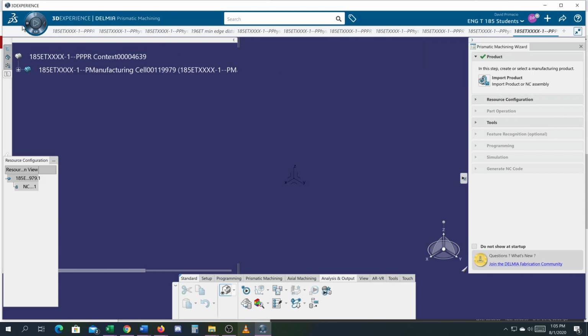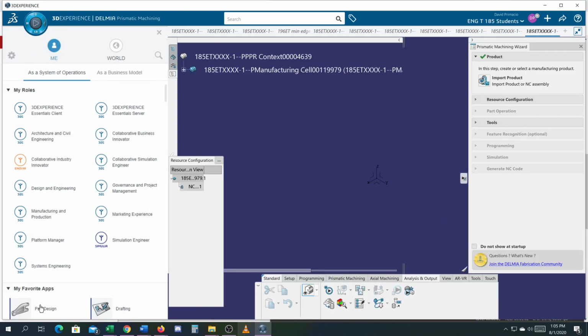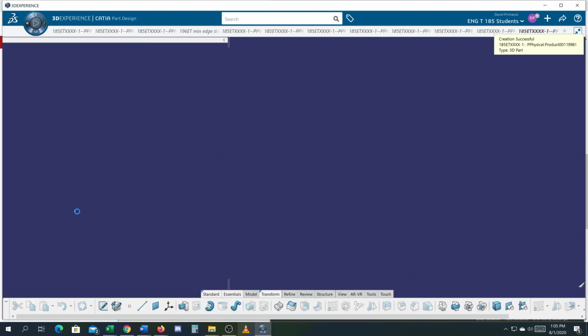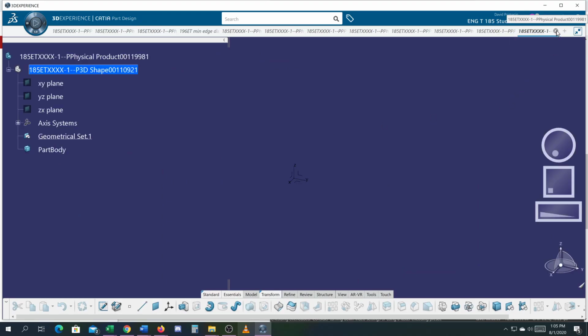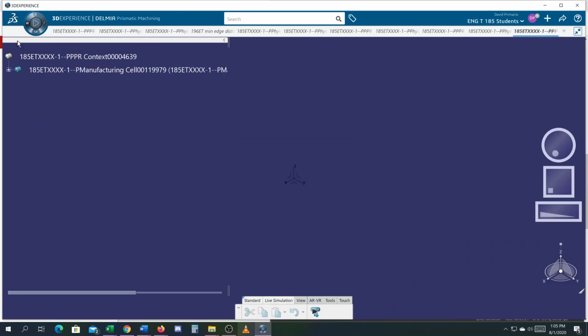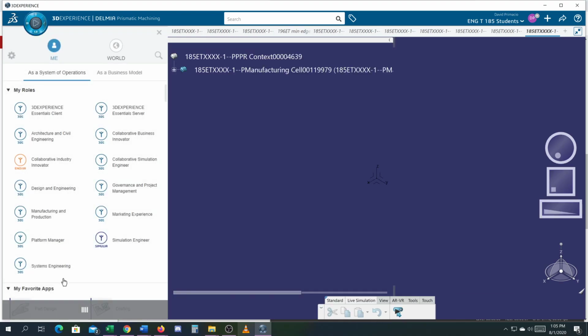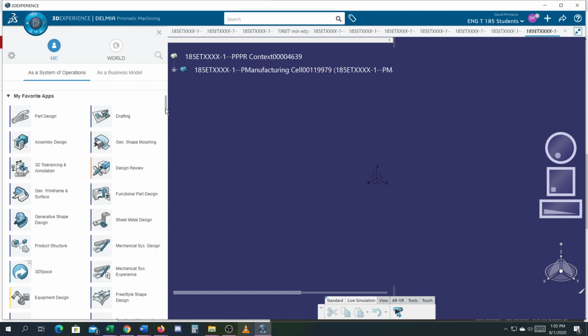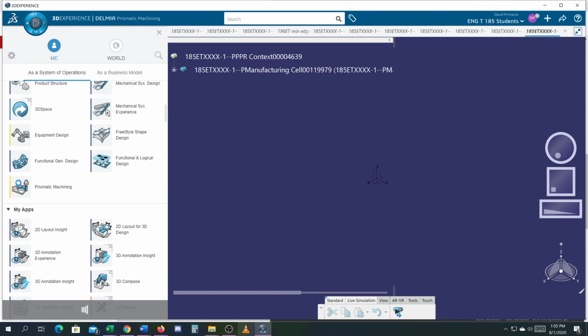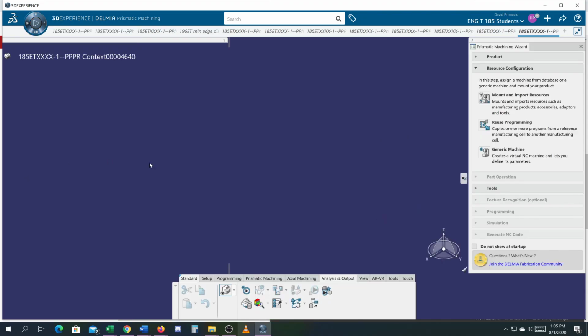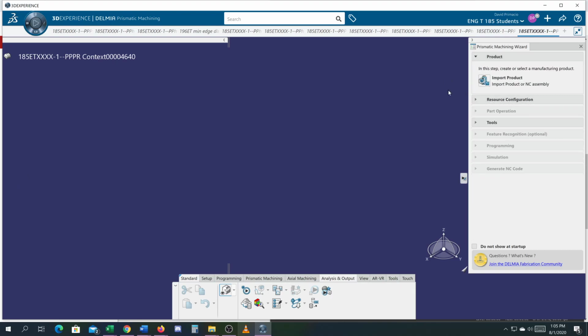Okay, so, dang, I didn't mean to do that. If I try and prismatic machine right now, there's no product for it to copy. So it's going to ask you to import something here, or an assembly or something, because it's got nothing to work with. So what you want to do is,